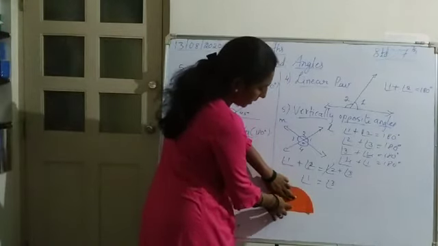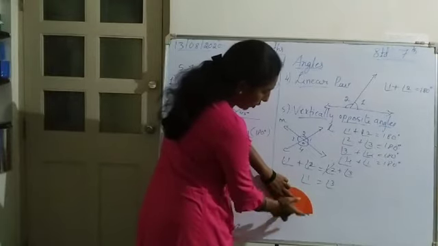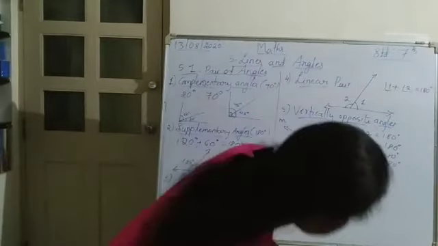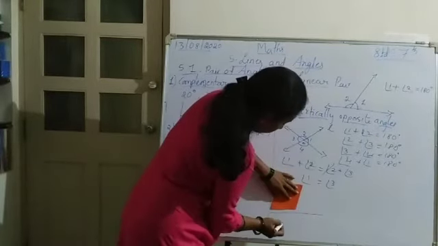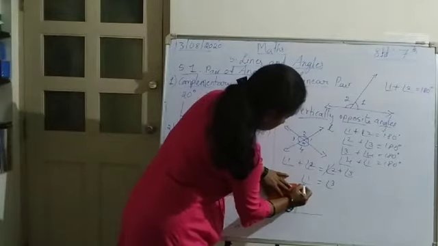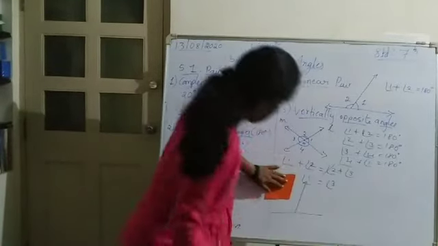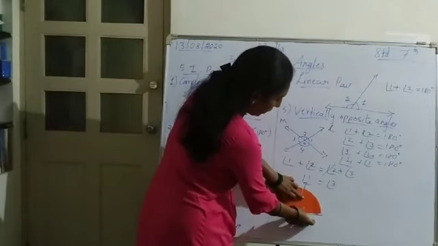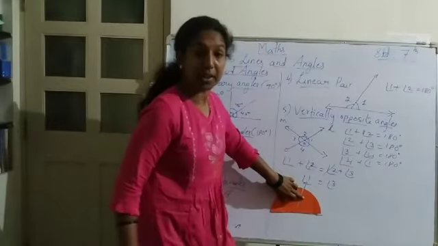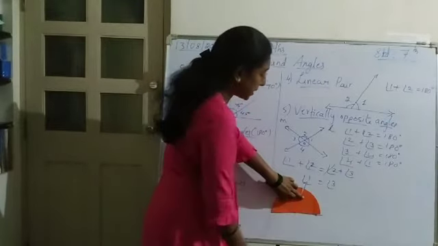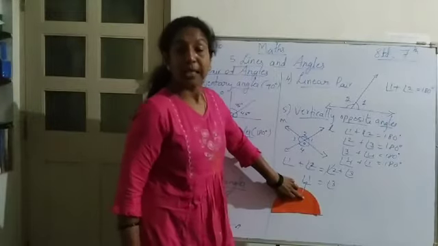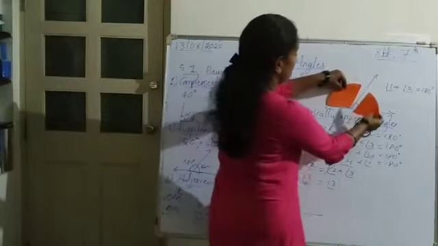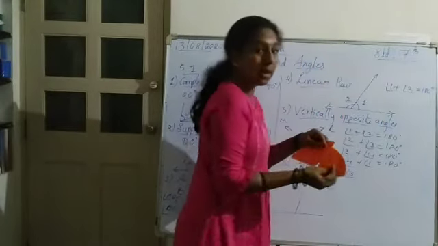And on this line, one more line is standing here. I will show you like this. So here it is the angle and this is the angle. If you see here, if you add up these two, you will get 180 degrees. So these two angles we say are called supplementary angles. And the same we can say here also. See here, this is called the linear pair.